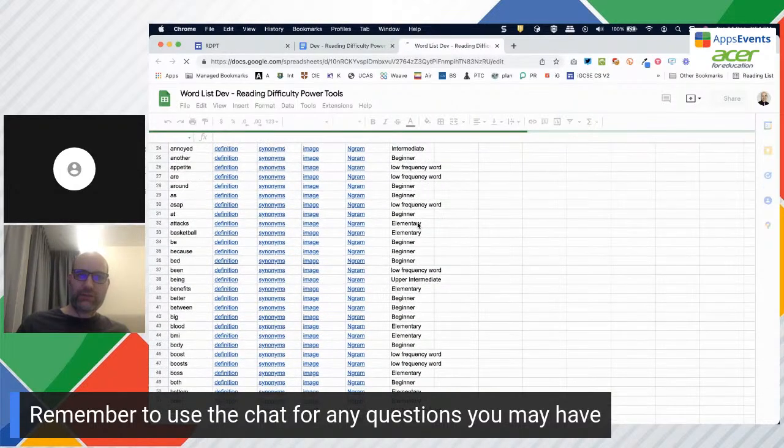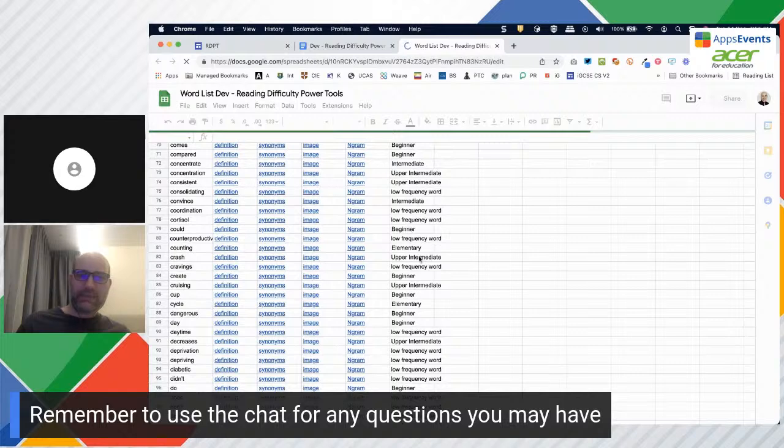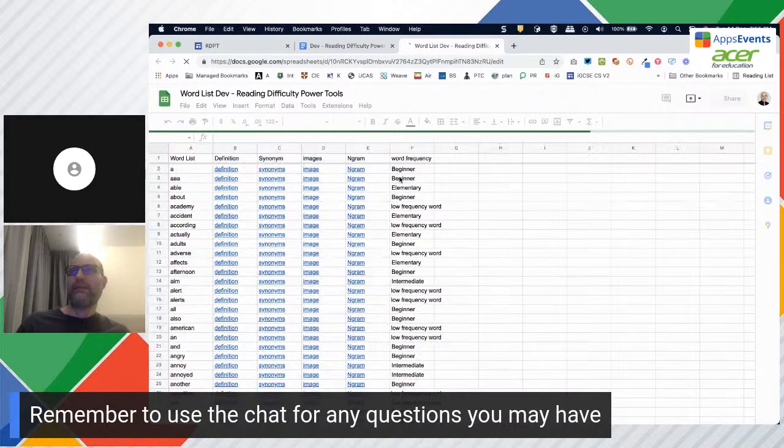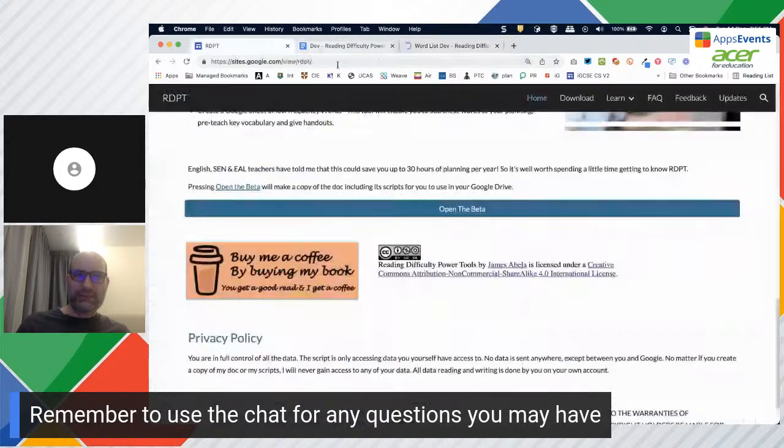But you can see what's going on here and looking at this. And for younger students, it should be those beginner or vocabulary words. And so this is another little tool that you can choose to check the complexity of your vocabulary. The website is here. Now, I think in the short time we have to do this, I'm not going to have time to show you it, but we have done a session on this before. And if not, please go to the RDPT website where you can quite happily watch the video tutorials there.